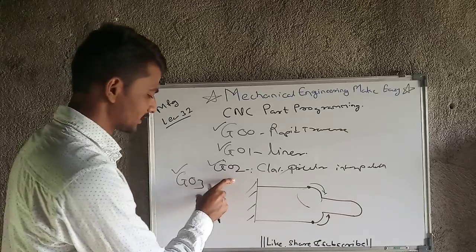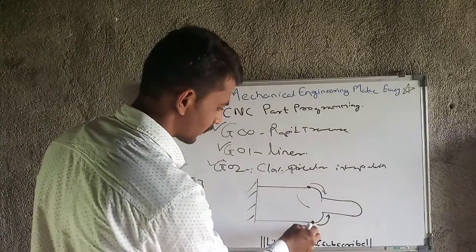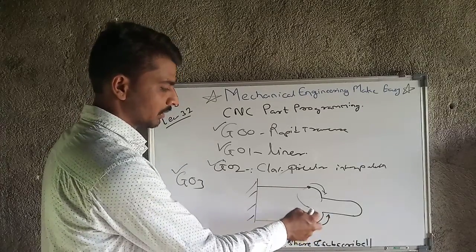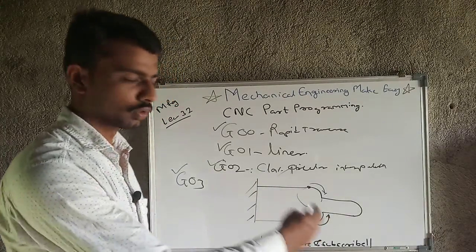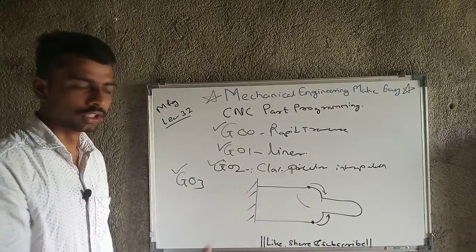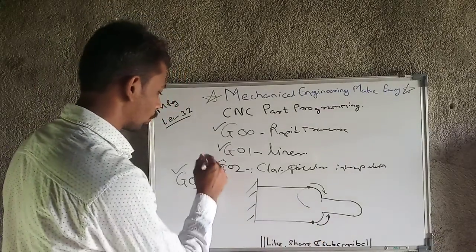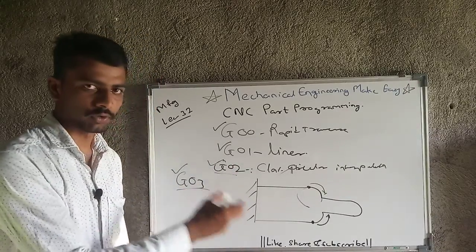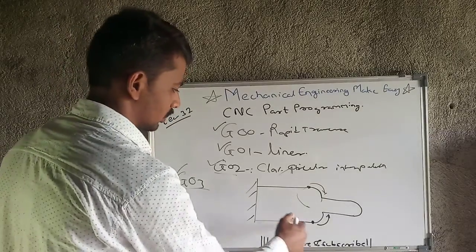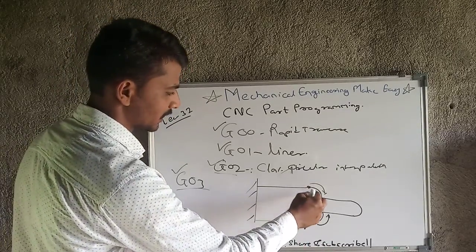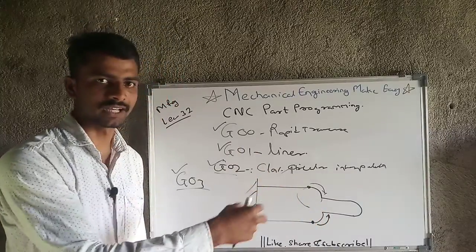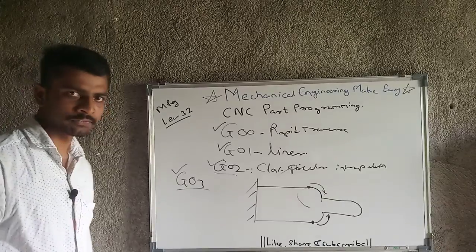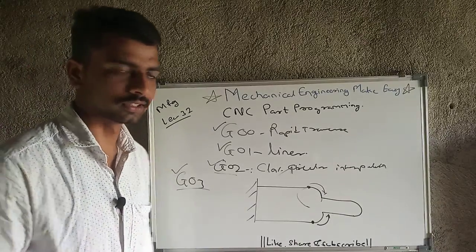In both cases, while programming, we have to specify the coordinates of the starting point, then the coordinates of the end point, and maybe in some cases the radius. So there are two to three methods to do this operation, but the code will be the same: either G02 for clockwise or G03 for anti-clockwise. But another method, to specify the radius, the arc length, or the points, those concepts are different. We will look at that while solving numericals.